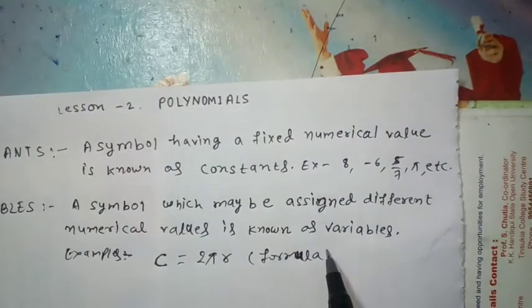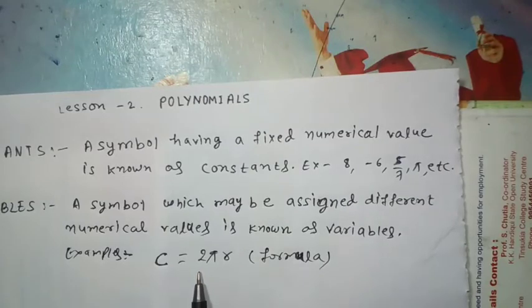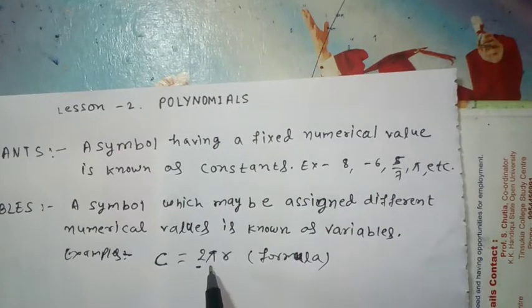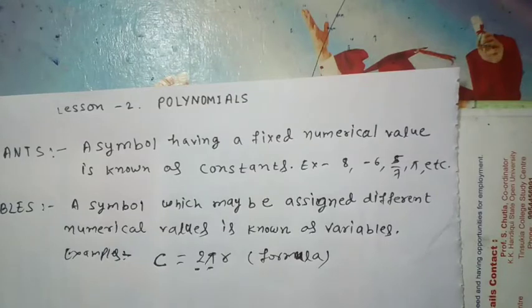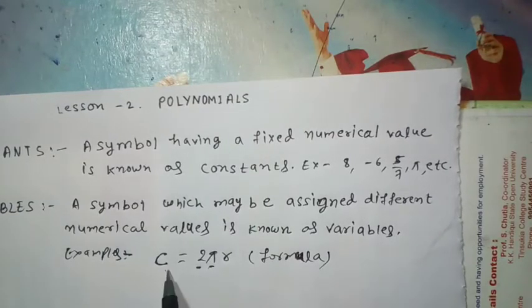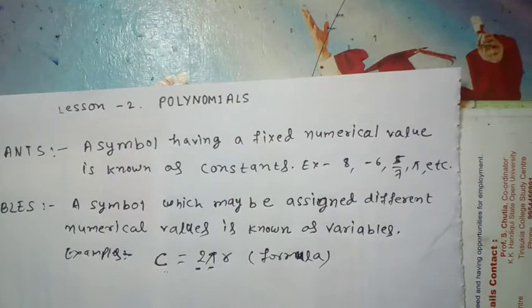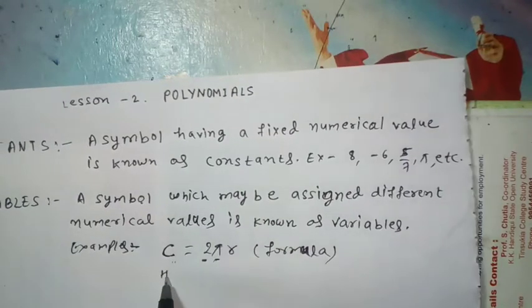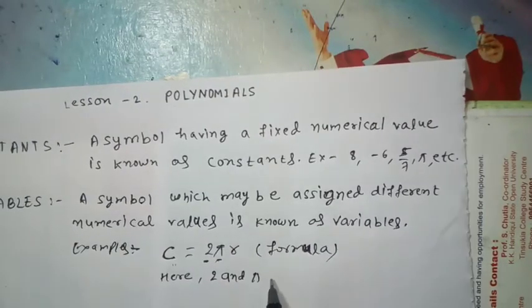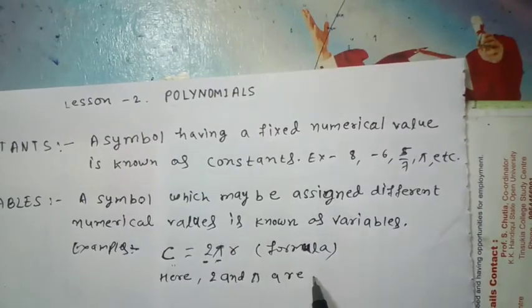This is the formula of the circumference of a circle. Here 2 and pi are constants,